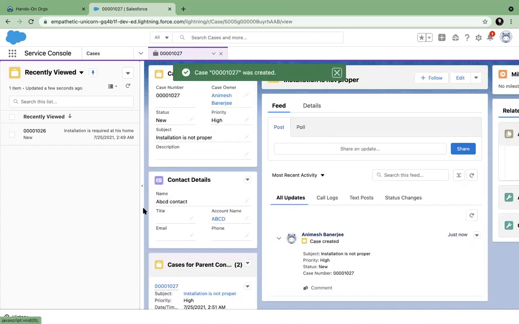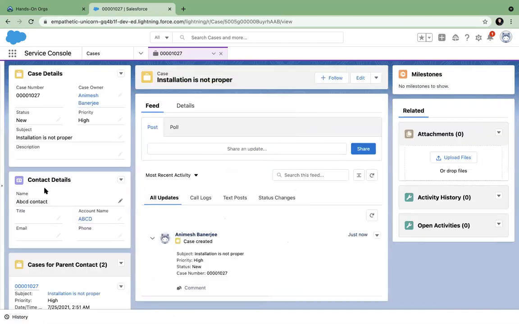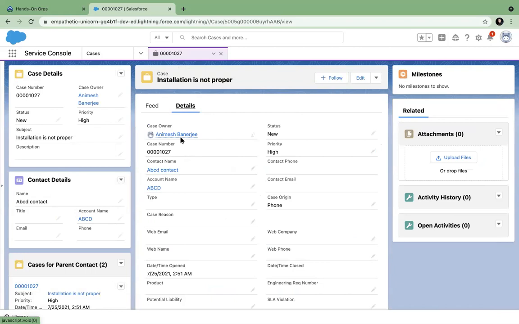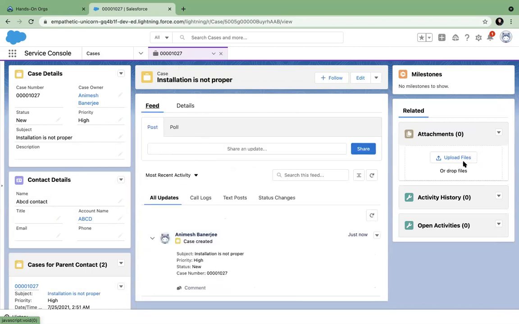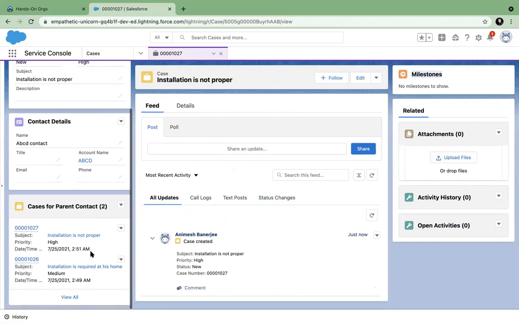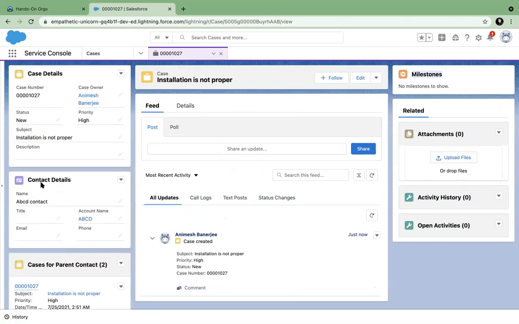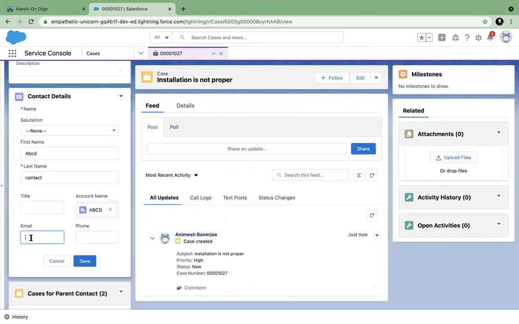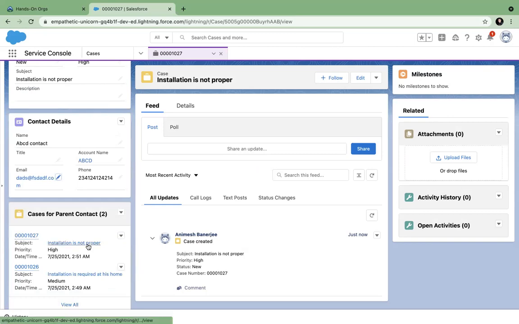Now you see this is the console view. You can minimize this and you see one screen which has every piece of information. So this is the case highlights. This is basically the detail of the case. Here you can work on it. You can attach files here. Activity history you can see. This is the milestone and this is entitlement. This we are talking about here. This, forget it for now. This is the contact details. So everything you are working on is here. Maybe you forgot his email. Immediately you can say that I will note down his email ID and his phone number. Yeah, one place.